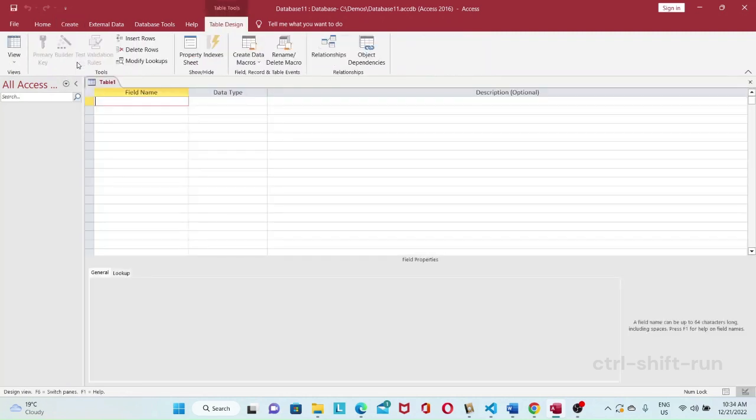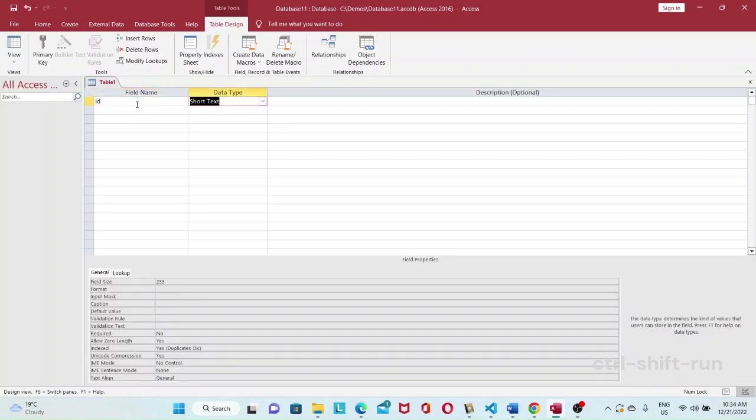So, in this video I want to create a table for student with three fields. So the first will be ID. So let's just go ahead and create that. ID, and here, so this is the field name, and next to it you have the data type. So the data type for ID, I'll set it to number,